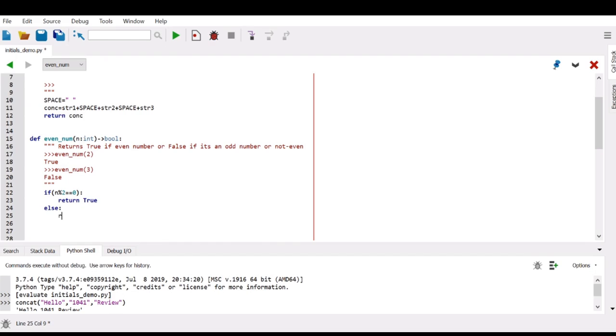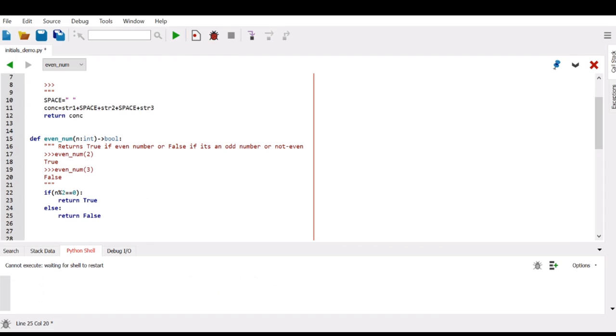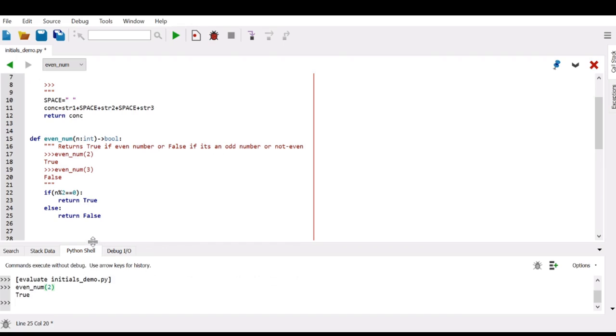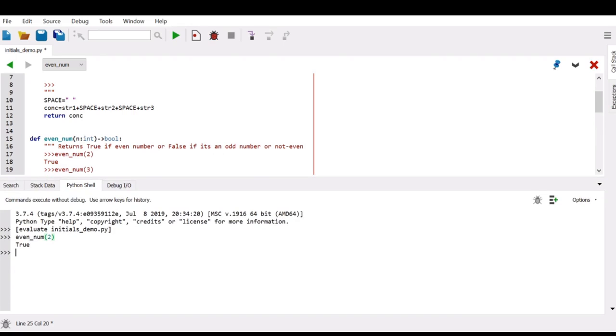Else, I shall return false. So a very simple program, just a 2-line code. What you essentially do is return a true or a false depending on whether a number is even. And if we run it, even 2, that should give us a true. That's what we expected. It's a true.